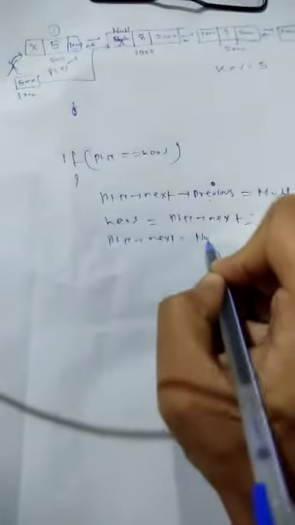See, for this node I am disconnecting this link and also disconnecting this previous link. Then only one link is there, that is this. Then we have to disconnect this also. That means we have to store null in ptr next. Means this value will store null, then this link will be disconnected. Now the three links will be disconnected, means this node will be isolated from the list. Head will now store this node. Clear? Then after isolating this node, we have to free it, but I am writing another case in else.